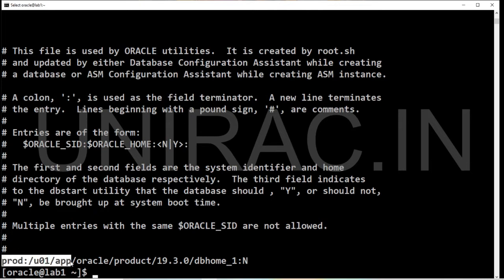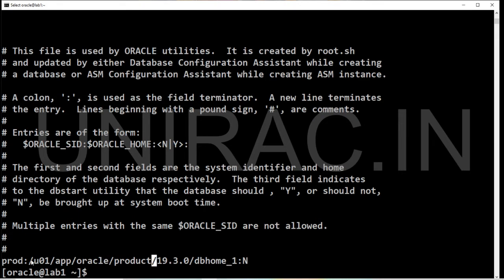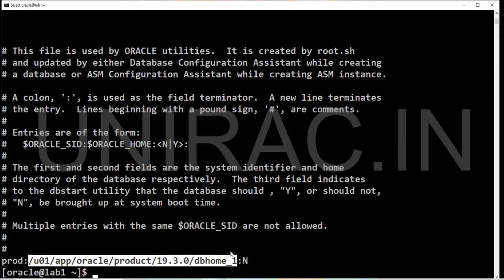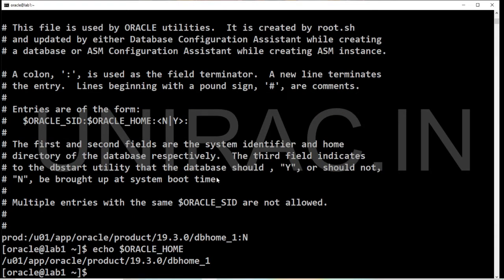We can find the entry available and the Oracle home path is perfect. We can verify even the Oracle home path. It's the same Oracle home path, and the instance name is prod, SID is prod, configured as per the oratab entry.